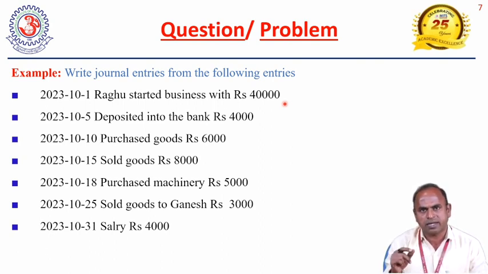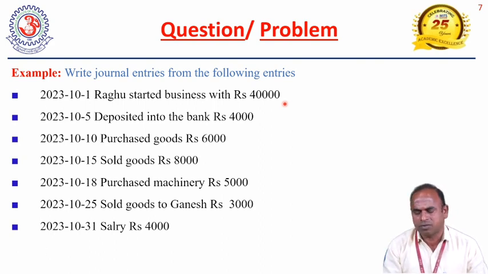So as per the real account rules, what comes into the business, you write down on the debit side. So the first two transactions, the entries are as per the account rules: cash account debit to Raghu account. But one exemption is there. Raghu is the owner or proprietor. Never write the owner's name in his own account books. On behalf of the owner's name, you write down capital account. The capital is also a personal account. So the first transaction entry is cash account debit to capital account.